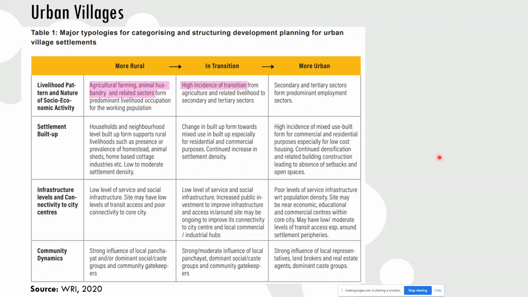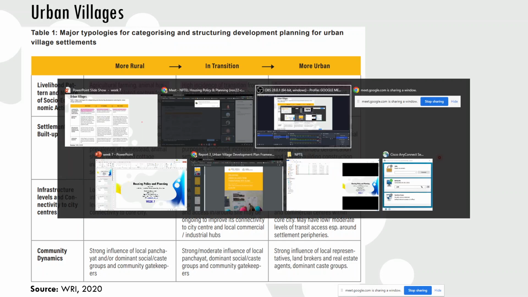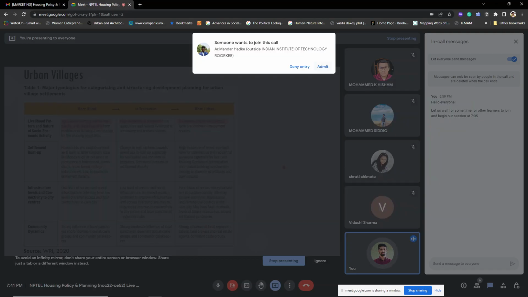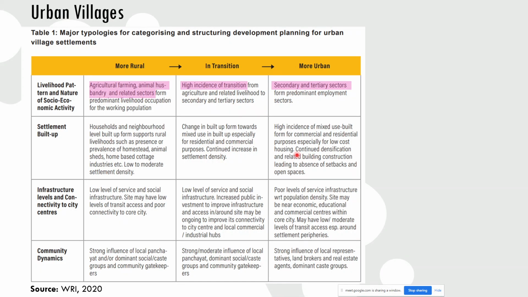Earlier, when it was a rural area, it used to be an agriculture and animal husbandry oriented society. So it has some kind of transition. People have stopped practicing agriculture and animal husbandry. Now they are shifting, not slowly, it usually happens very rapidly also. It can happen in a period of months to years also. So there will be a change from traditional animal husbandry and agricultural farming to manufacturing and service sectors, and how the settlement built up areas are changing from the rural to urban areas, and how they